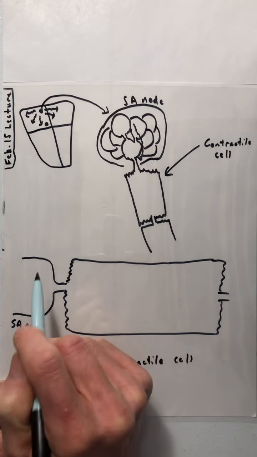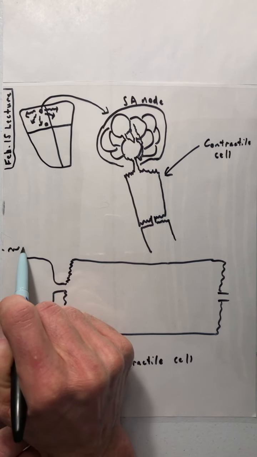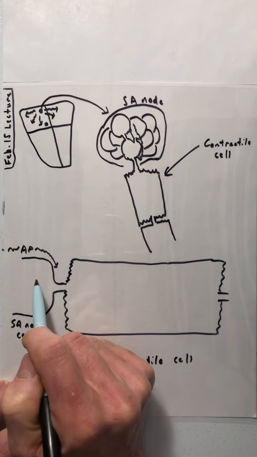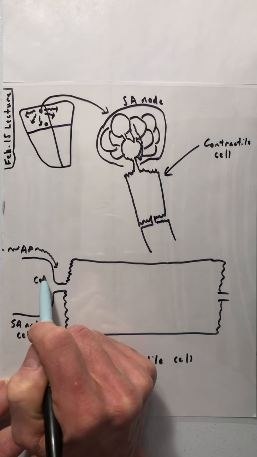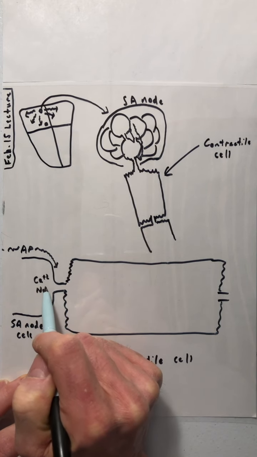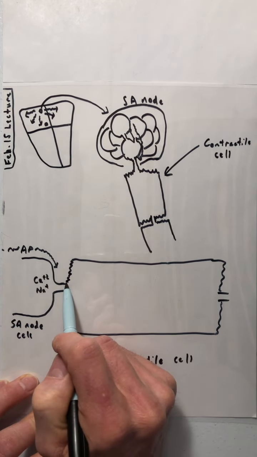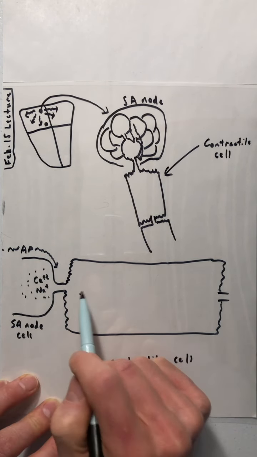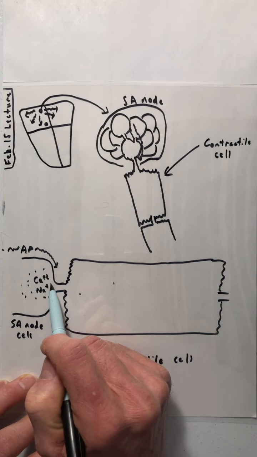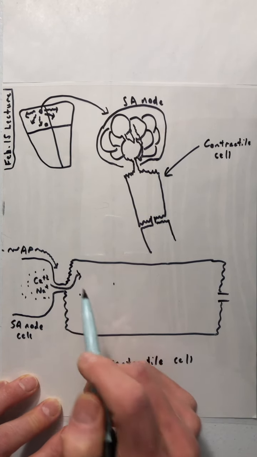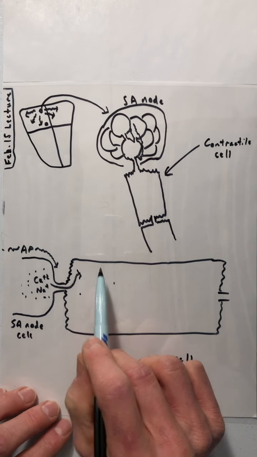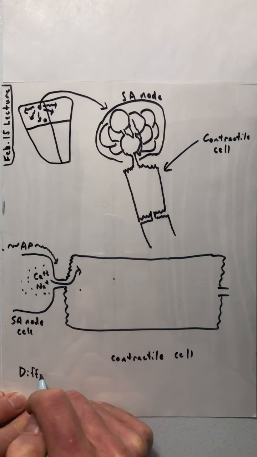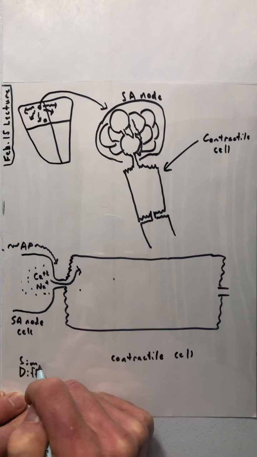And we just saw that the action potential traveling across the membrane of the SA node results in an influx of calcium ions and sodium ions through various gates, channels that we've talked about, and that those ions then diffuse from higher concentration to lower concentration through the gap junctions. And it's that diffusion through the gap junctions that brings this contractile cell up to threshold. So diffusion, this is simple diffusion, let me be clear about that, simple diffusion